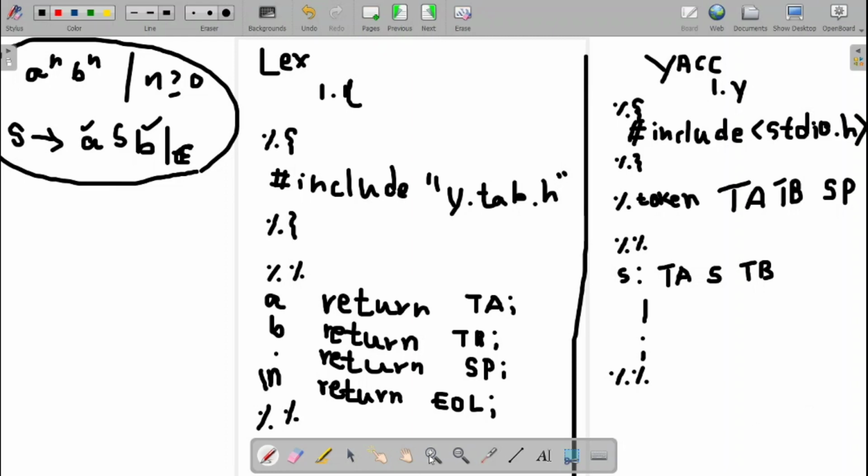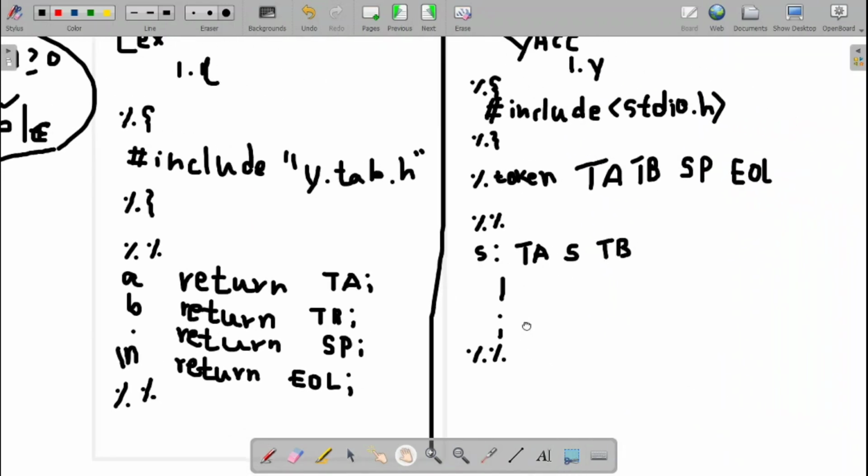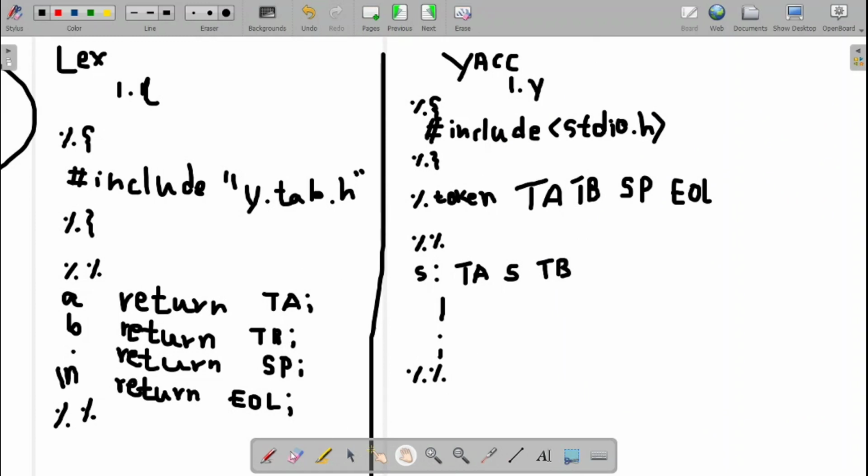Fine. So now the grammar we have written. What is the action part of it? We have to write that action part over there. If this is the case, then it is a valid grammar, so I will write the action part. The action I will enclose in the flower bracket, an open flower bracket.